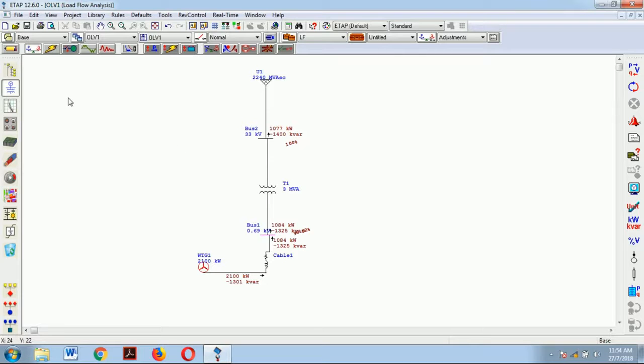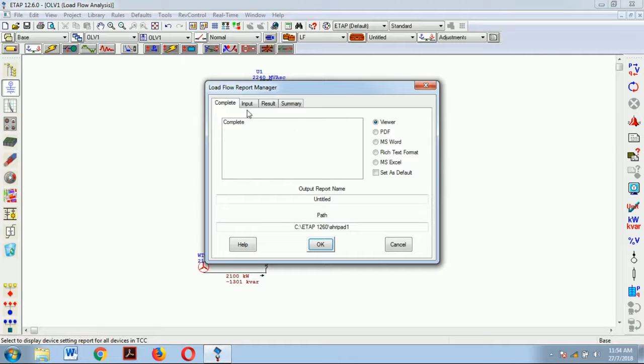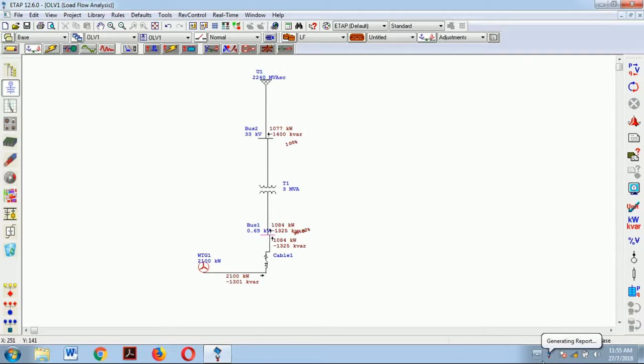Again, once the simulation is run, you have to create a report, you have to write the report, but ETAP gives you a very good option. Report manager: you can go into the report manager, click the complete report you want to view, and you can view it in any format like PDF, MS Word, anything. For the time being, I'll keep it as PDF and say OK. Here a report is being generated.